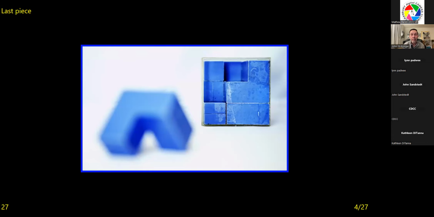Last piece. Very nice. Not sure about the blue frame around it, although I know sometimes people do like to frame it. It certainly is blue, I'll tell you that. It reminds me of sort of a Tetris piece. And so here,